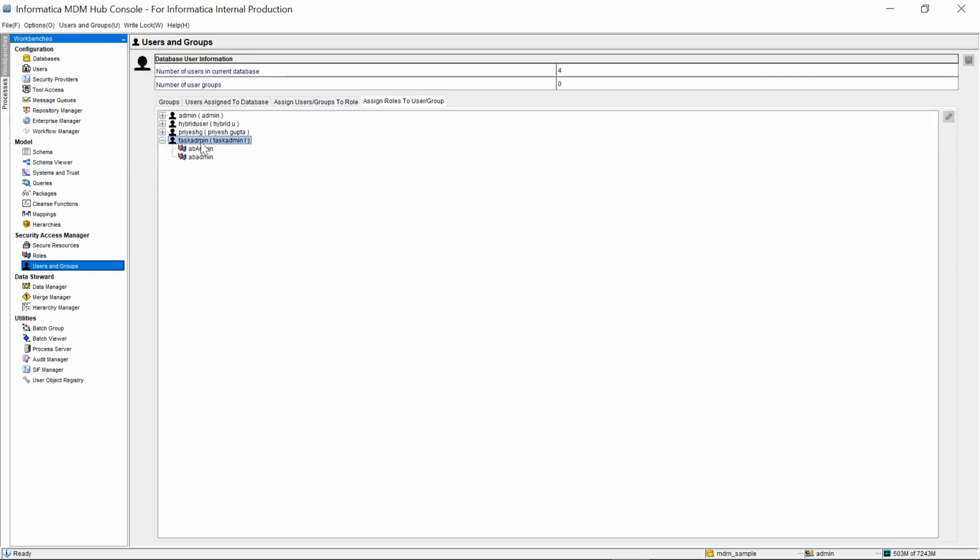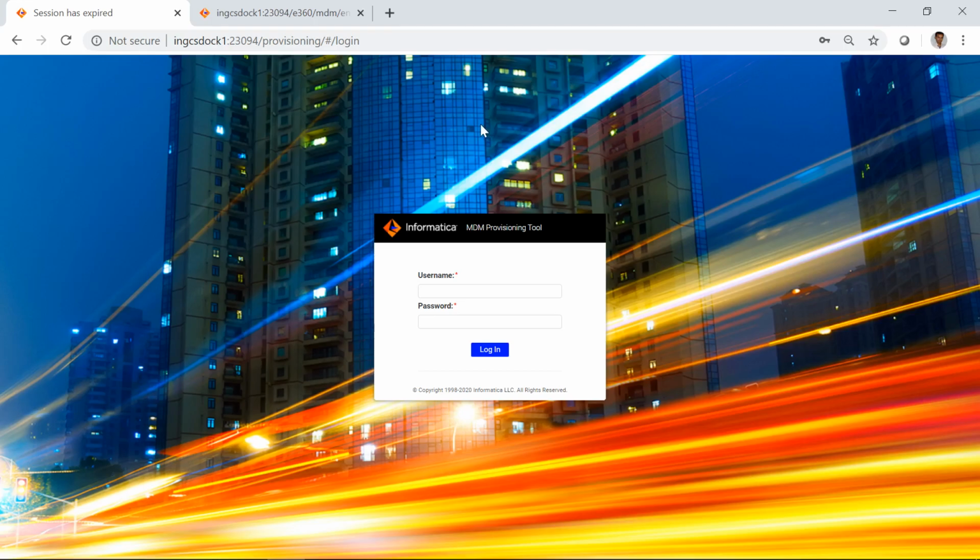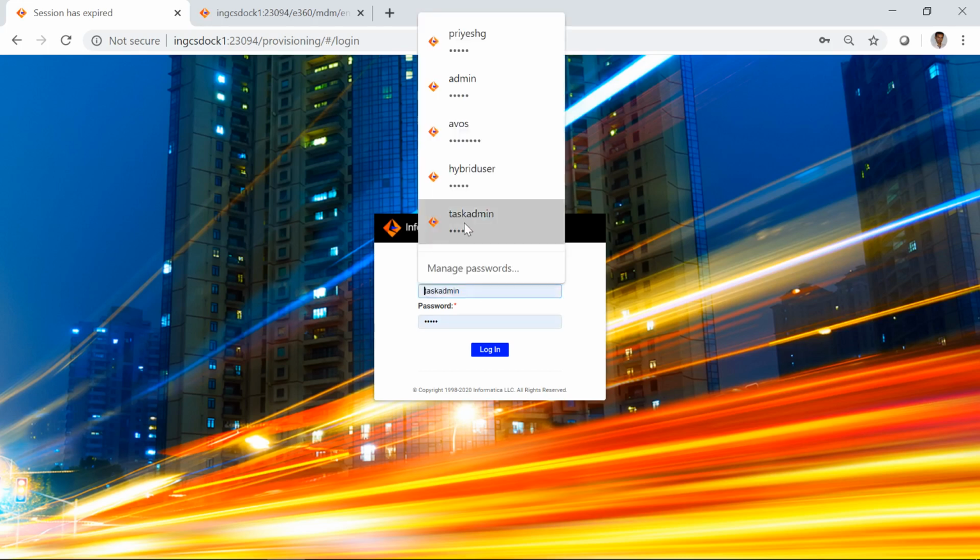In my case, I have created a user task admin and I mapped these two task administrator roles to this user to become a task administrator and perform the admin activities. After configuration is done at the MDM Hub Console side, we need to log into provisioning tool.